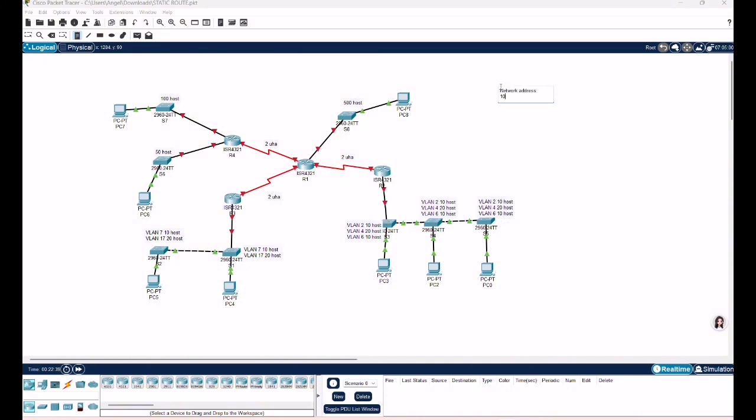Given the topology that we have, we'll have a network address of 10.136.0.0/13. And to attain all the network addresses for the LANs and the VLANs, we need to go through VLSM, or variable length subnet mask. Since we need 500 hosts, the biggest, our subnet would be 10.136.0.0/23. And then the next one for the 100 hosts,